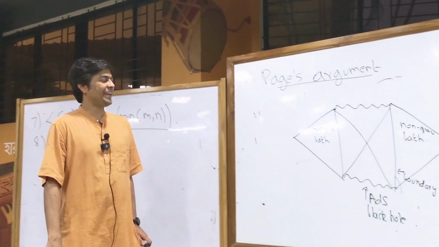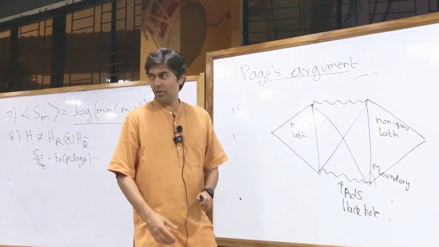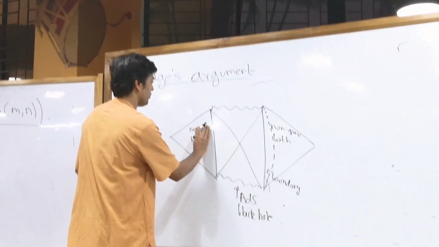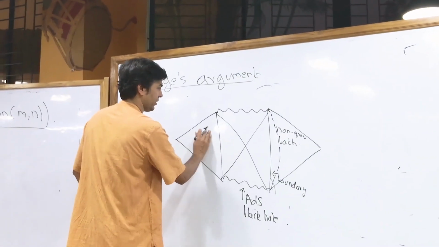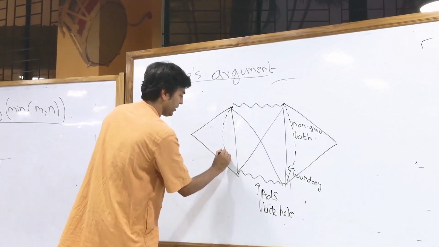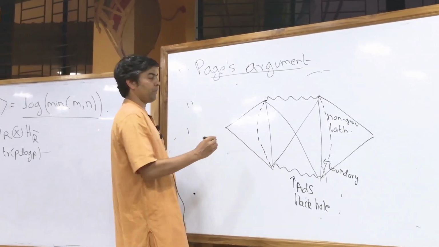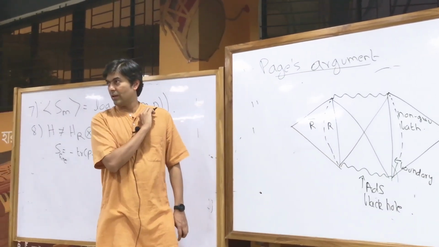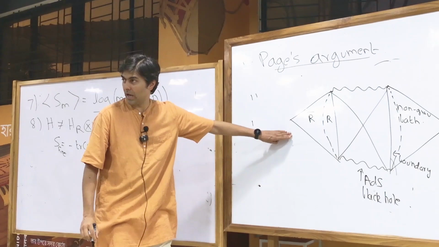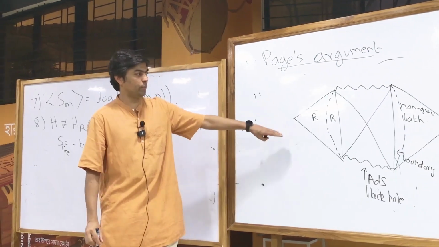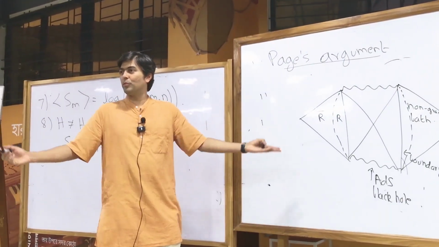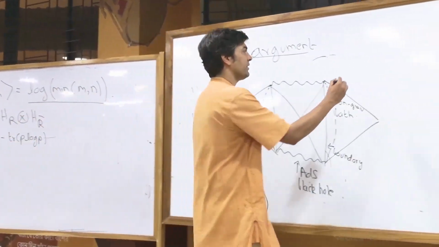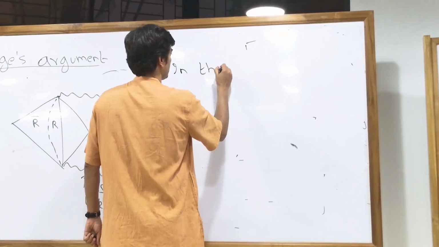Okay. So, and then you take this black hole, and then what people do is you compute the entanglement entropy of, you make a division in the non-gravitational bath. So both sides are non-gravitational. I'm just drawing a curve here. And then you compute the entropy of a region R and the region R bar here. Okay. In the non-gravitational bath, it is true that the Hilbert space factorizes. Why is it true? Because that's a non-gravitational bath. It doesn't have gravity, as we just discussed. Okay. So in the non-gravitational bath,